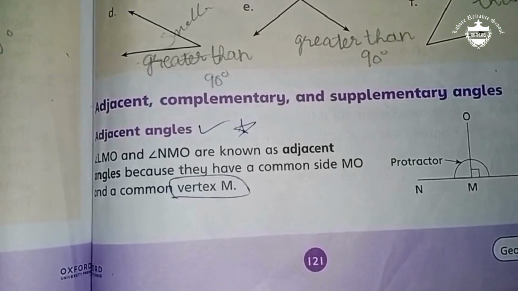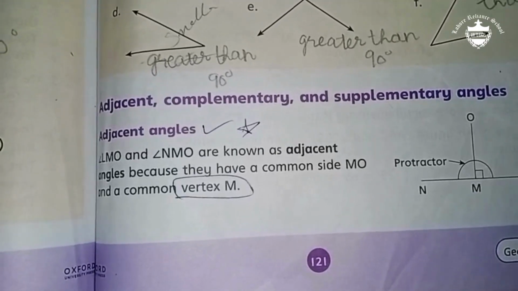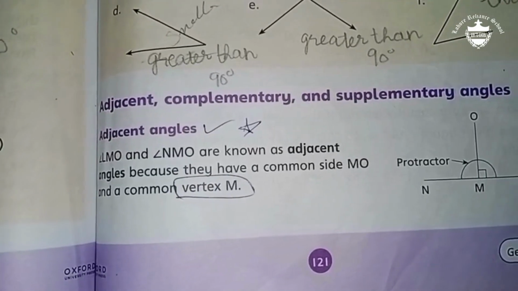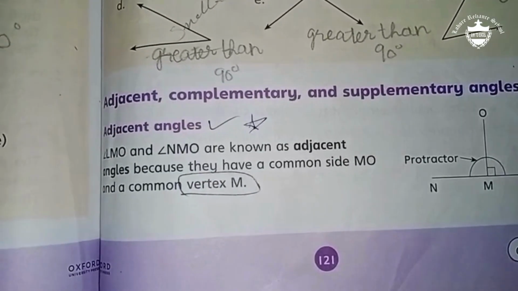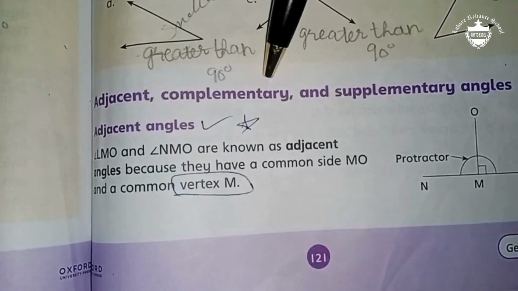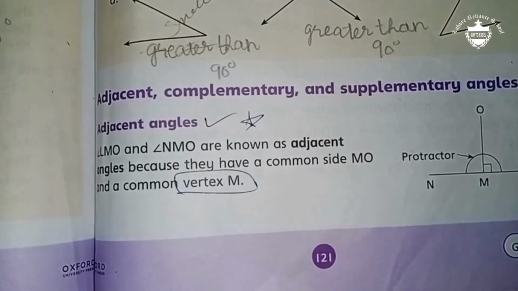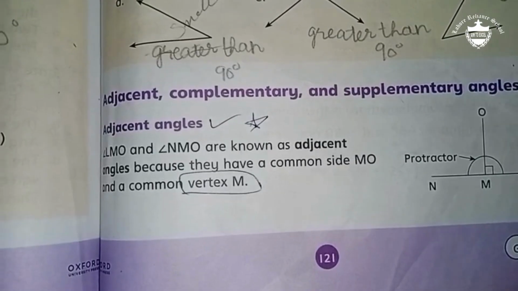We are going to start our new exercise, that is 7B. Exercise 7A we finished on Thursday in the class, okay? But before starting exercise 7B, I would like to tell you some new concepts, that is adjacent, complementary and supplementary angles, okay? You will open your math books, math copies and the geometry boxes, okay?